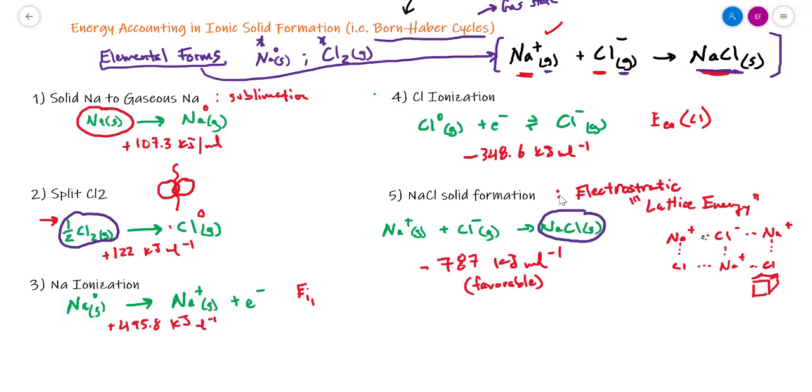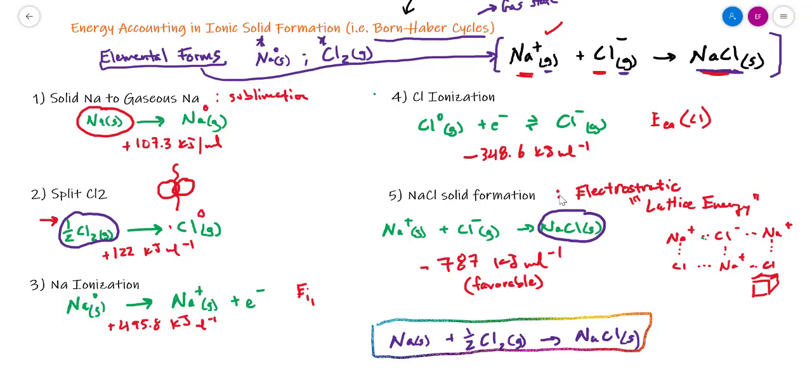And so the actual overall reaction here, if we added these up, would be sodium solid plus a half of a chlorine gas molecule makes solid sodium chloride. And the reason we can write this as the net overall reaction, we'll write this as net, is